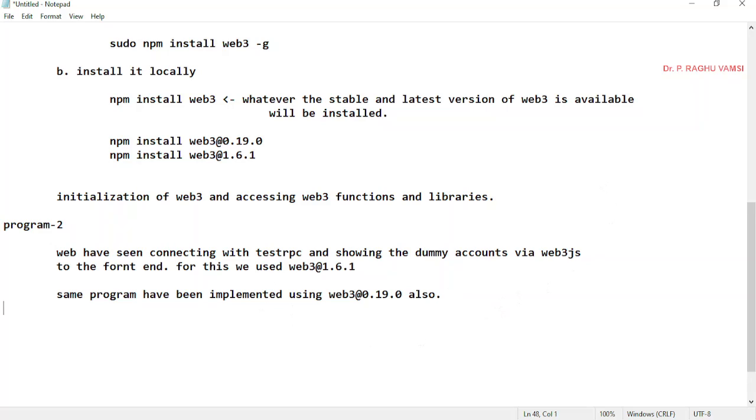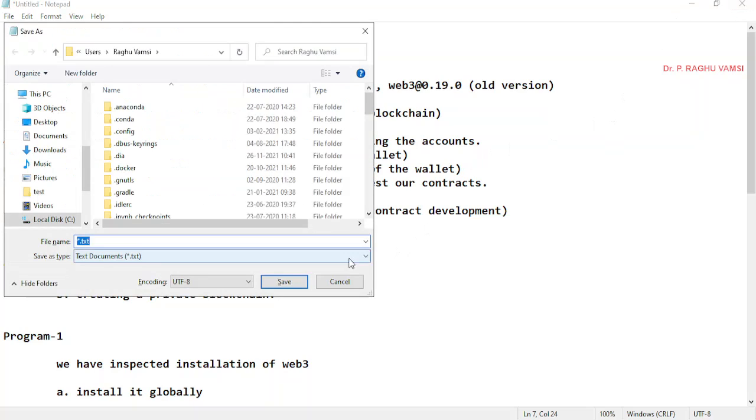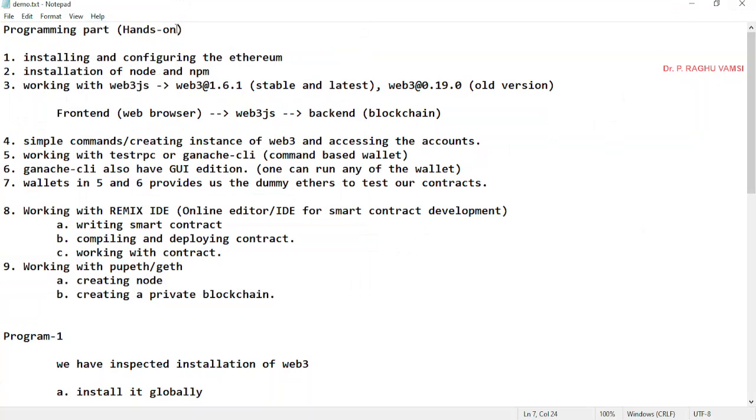Now after that, we are going for program 3. This program 3 is basically the front-end application. Front-end applications run under the web application, so here the web browser will run it. Web browsers are also very powerful.